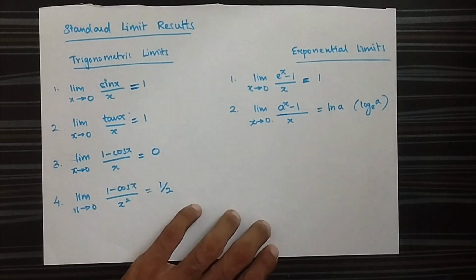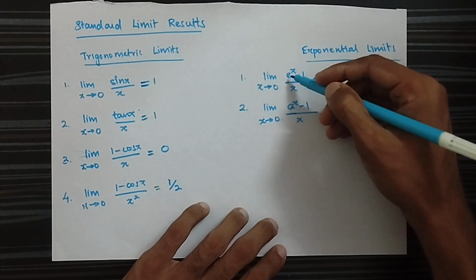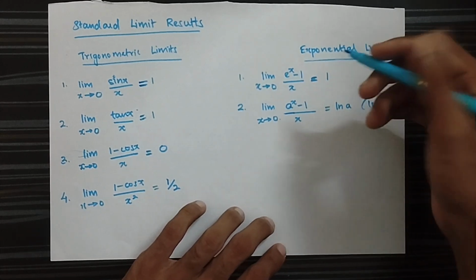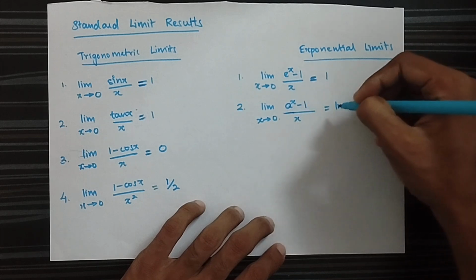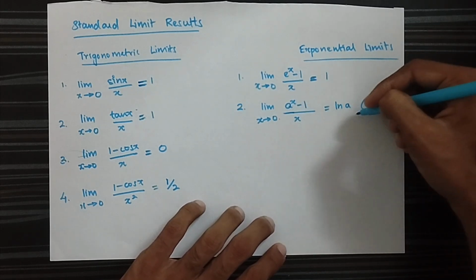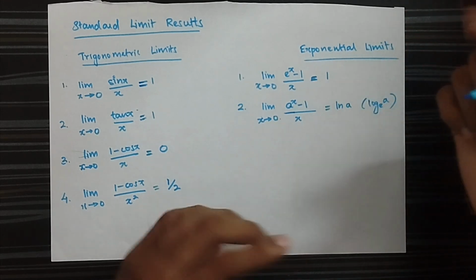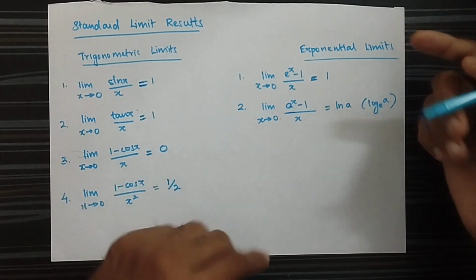These two are really similar. Instead of a you put e and you get 1. If you put e instead of a, you get ln e, and the natural logarithm of e is 1, because